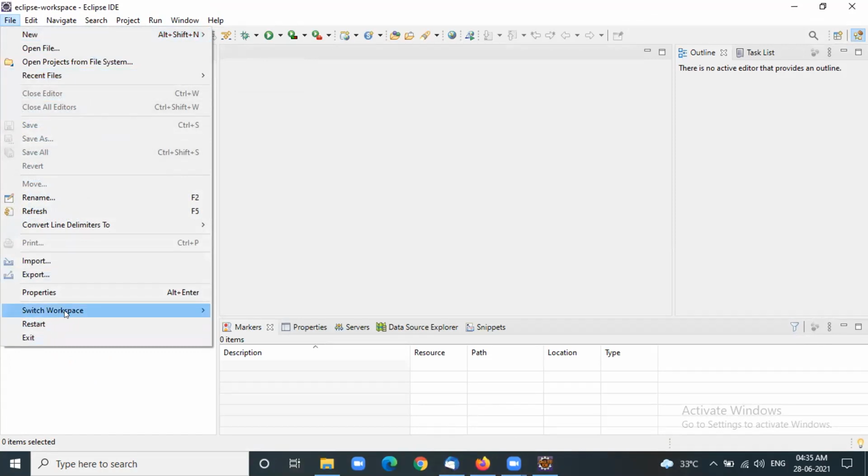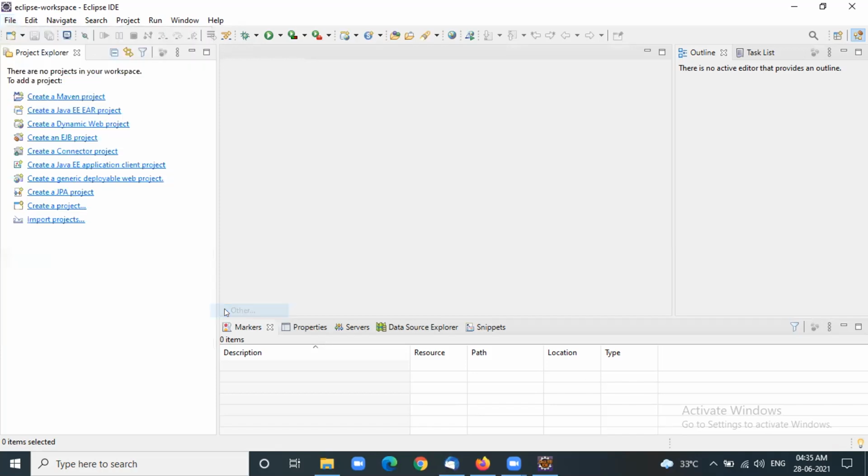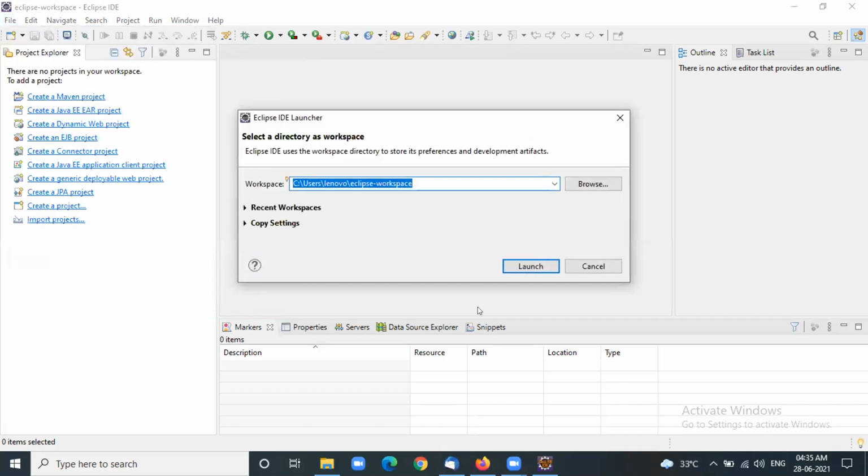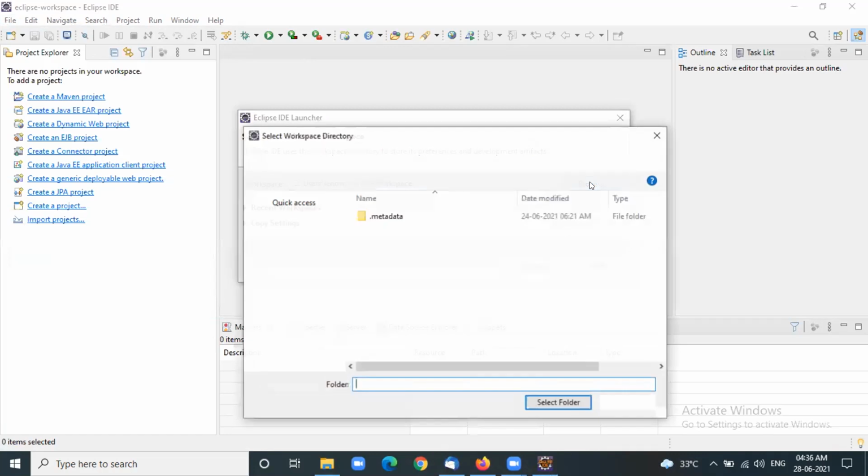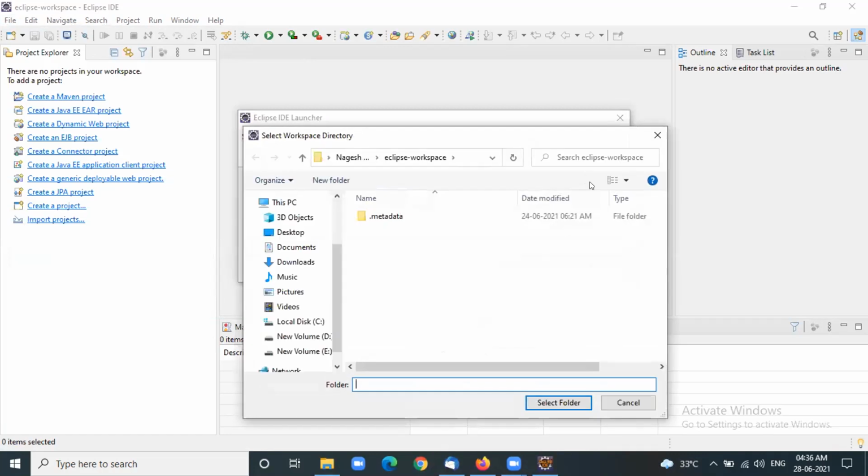Okay. Click browse. Go to D drive. Do you have space in D drive? Always select D drive.